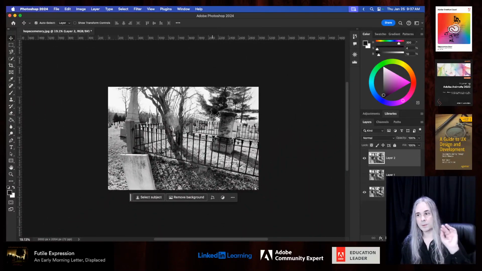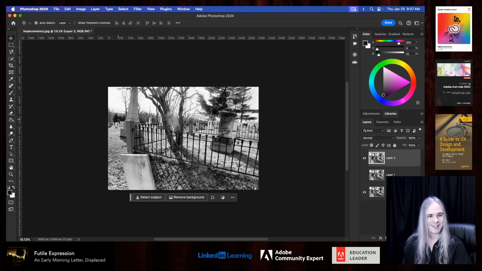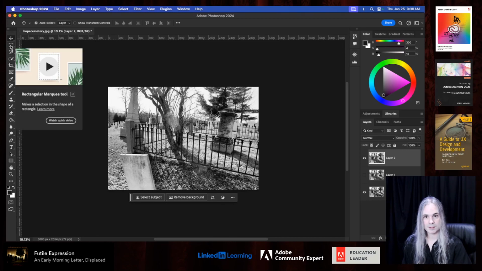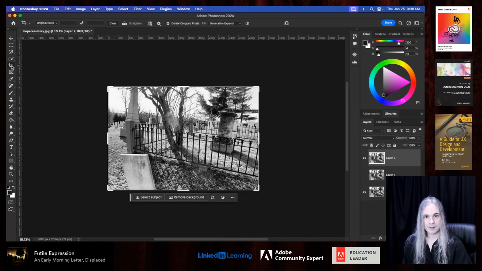So this particular shot, again, Hope Cemetery, Worcester, Auburn, Massachusetts border. Let's go ahead now and see what Firefly might imagine that Hope Cemetery looks like. Now, I remember I spent a lot of time in Hope Cemetery back in these days. I remember distinctly what this area around here looks like. Of course,